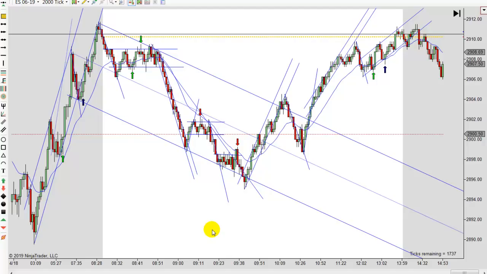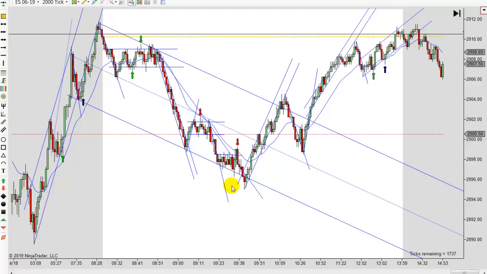Anyway, let's talk about the trades here. We had the trend up, a two-tiered channel working down. Notice on this one we had an overshoot, and of course that led to a break. Sometimes when you get an overshoot, you don't make a new low, and we didn't in this case. Also, sometimes on a range day, if you've got a trend working down, you don't always get a retest of the low either.